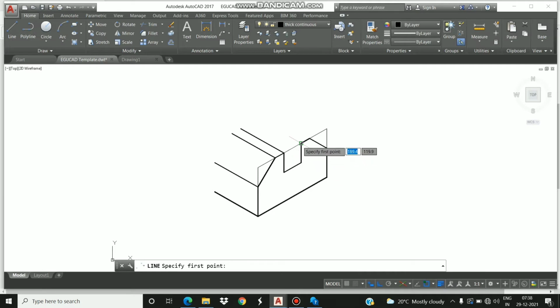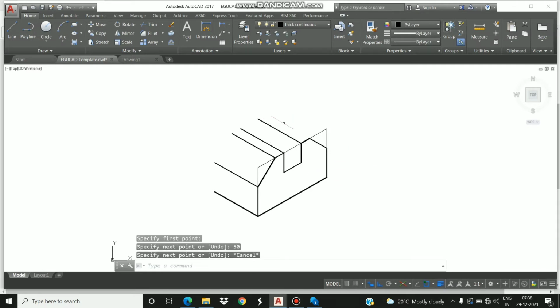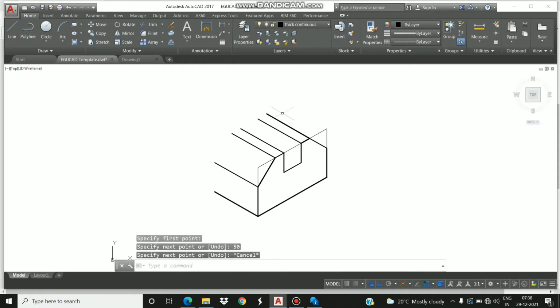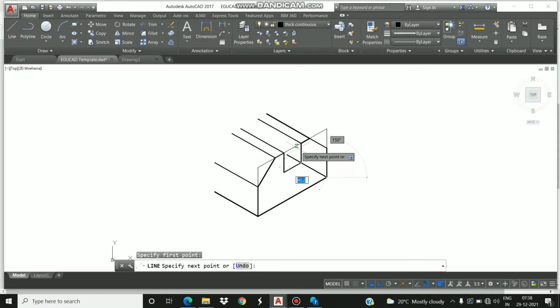The length of all the lines is 50 on this side, 50.